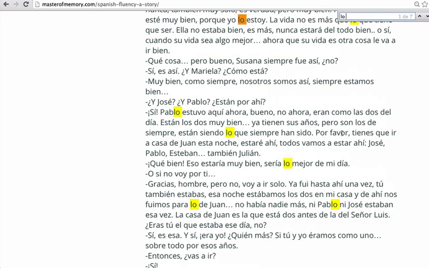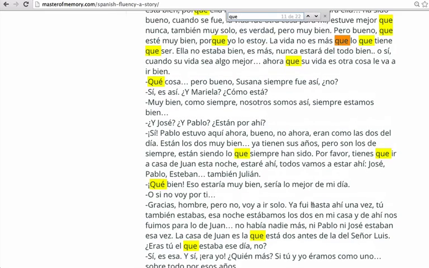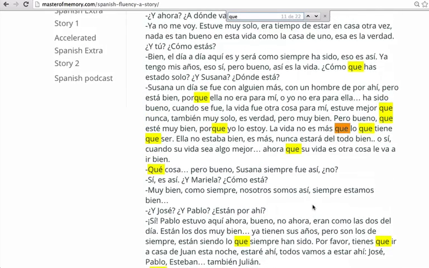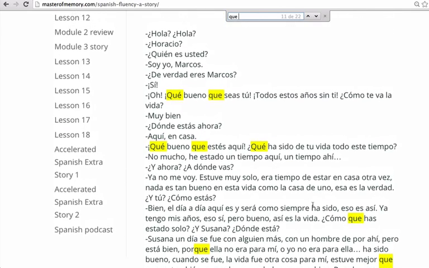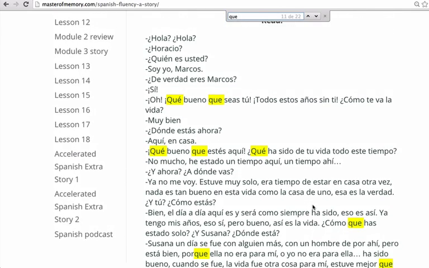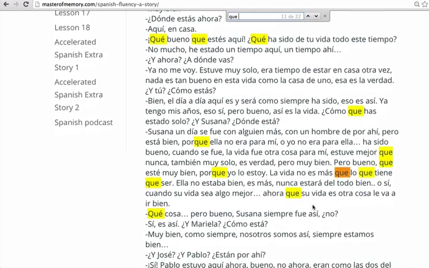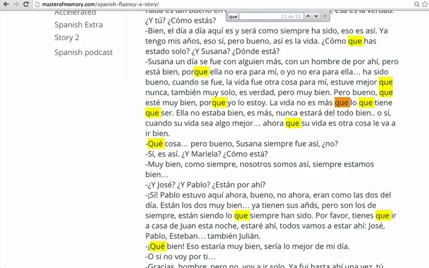For now, your assignment is to try to piece together the sentence structures to whatever extent you can. For example, whenever you see que without an accent, you know that it's connecting two phrases as the word that, or comparing two items as than. Whenever you see a lo que, you know that that's the equivalent of what as a connector in English, like I want lo que he has. Whenever you see que with an accent, you'll know that it's being used to mean what in a question or